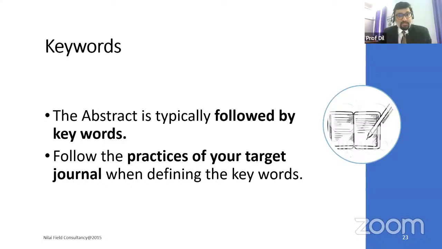Google is not a database. Google is a search engine. So you try to put the words: I want to get organizational commitment, I want to get productivity, I want to get econometrics. When you use those kinds of words, the papers will come very fast. So you should be very clear what kinds of words are searched by readers, investigators or researchers, and that should be there. Got it? So this is the first task for you.